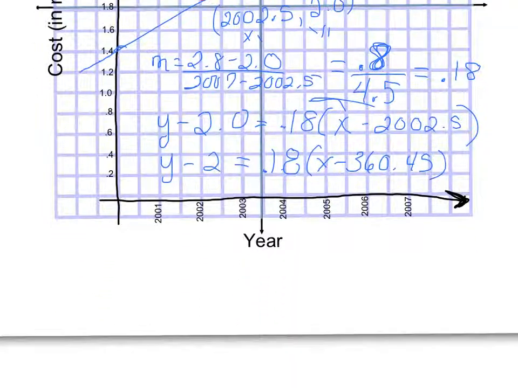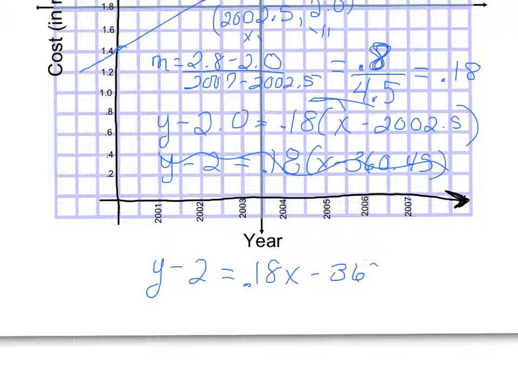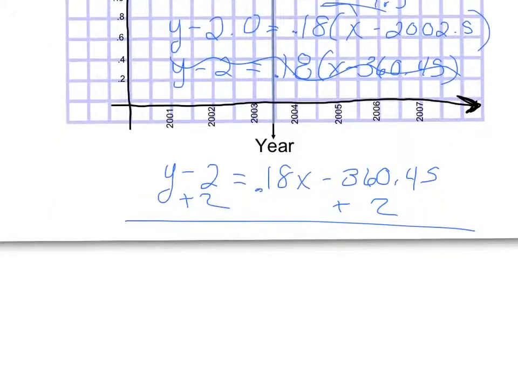Scroll down a bit here. And now I'm going to add, oh, excuse me, I distributed. I don't need those parentheses anymore. So I don't think it's going to let me erase because I moved the screen. So I'm just going to rewrite that. So I have y minus 2 equals 0.18x minus 360.45. And then I'm going to go ahead and add 2. And I get a final equation of,